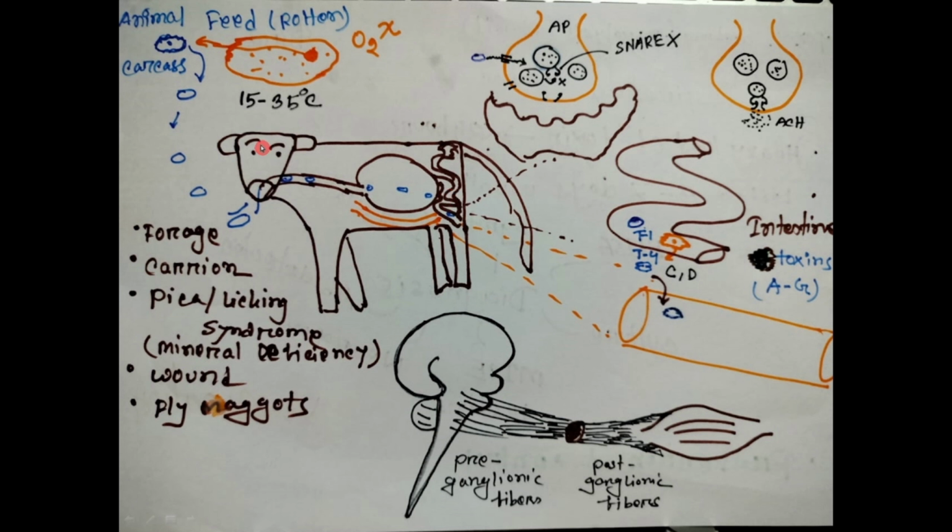Either the toxin, if it is preformed toxin, so what will be happening if we just make this figure a little bit bigger, so we'll understand from this intestine that if the animal has the preformed toxin, then the preformed toxin will be directly absorbed into the blood vessels. And if the bacteria are present in the intestine,